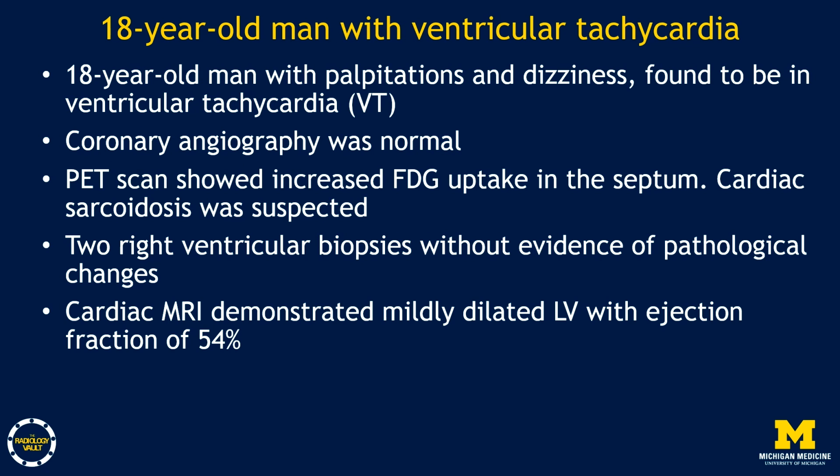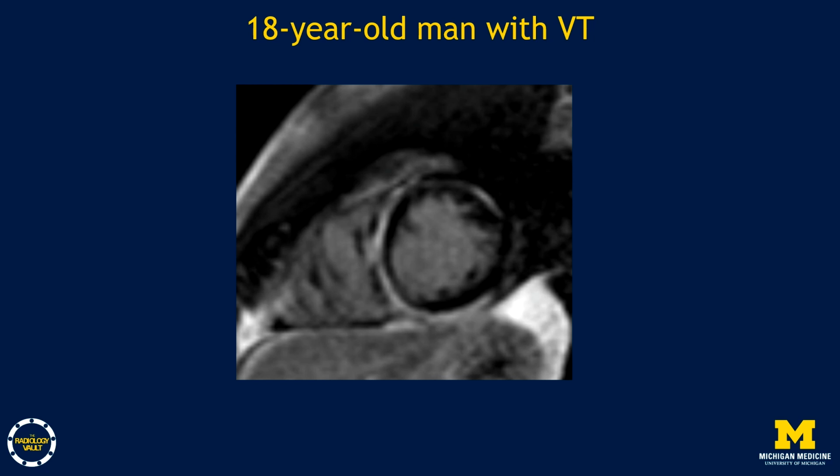Here's an ALVC case. An 18-year-old man experienced palpitations and dizziness and was found in ventricular tachycardia at the ER. Initial evaluation for ischemic disease was normal, despite initially suspecting cardiac sarcoidosis due to increased septal FDG uptake on PET. Myocardial biopsies were normal. A cardiac MRI was then ordered, revealing a mildly dilated LV with low normal ejection fraction and subepicardial, almost circumferential late gadolinium enhancement involving the LV, suspicious for ALVC. Genetic testing confirmed a desmoplakin gene mutation, verifying the